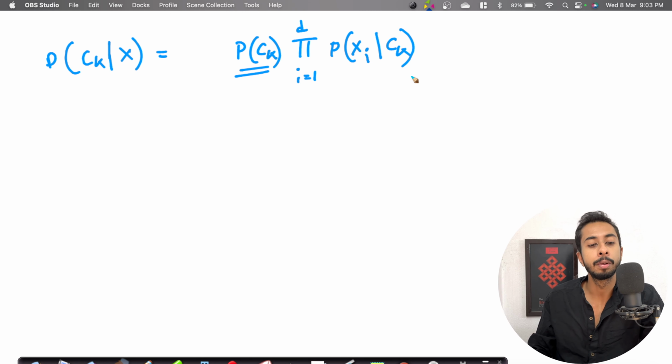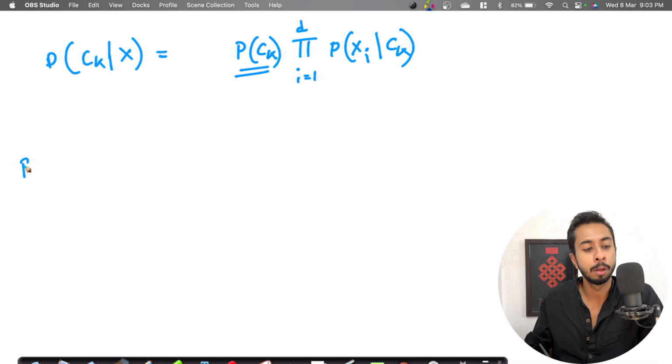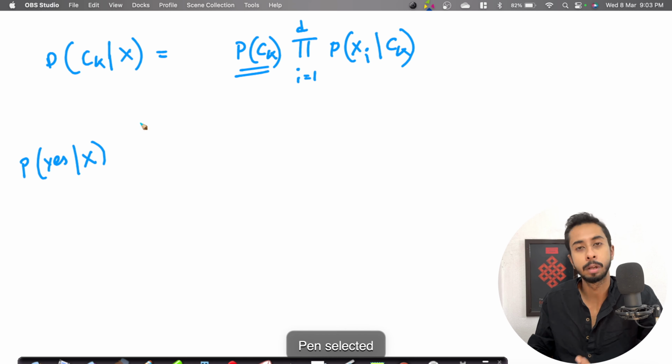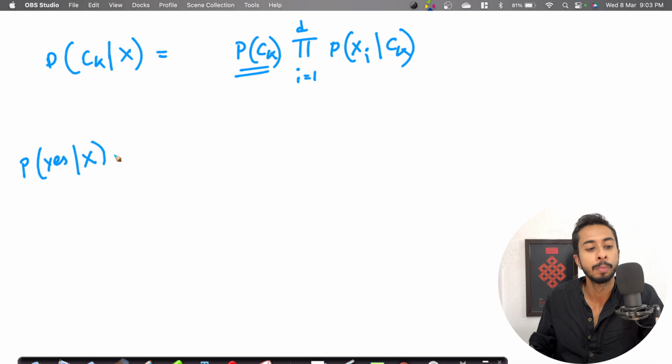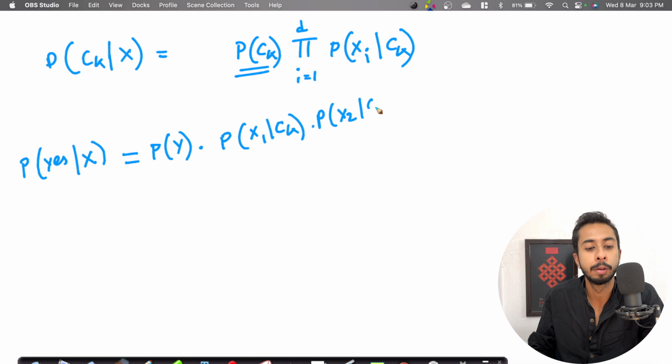In the next video, you will see the example where I'll be finding probability of ck, say yes, given x. Okay, x is basically x1, x2, x3 up to xd, or for the given example I'll be having 4 features, so x1, x2, x3, x4. This will be equal to basically probability of yes multiplied by probability of x1 given ck, multiplied by probability of x2 given ck,